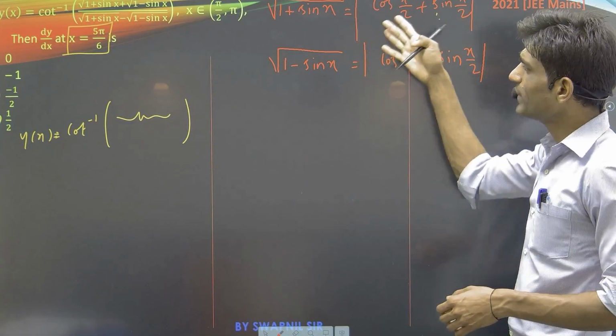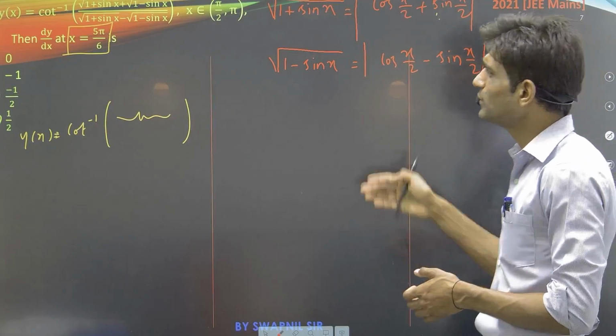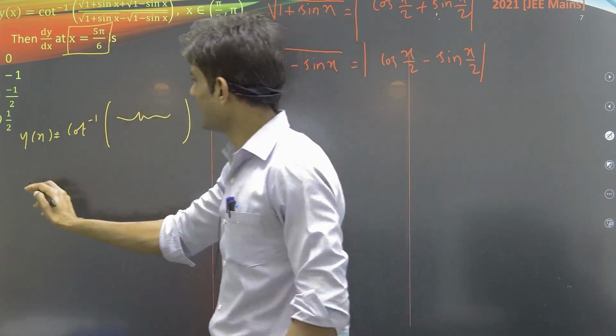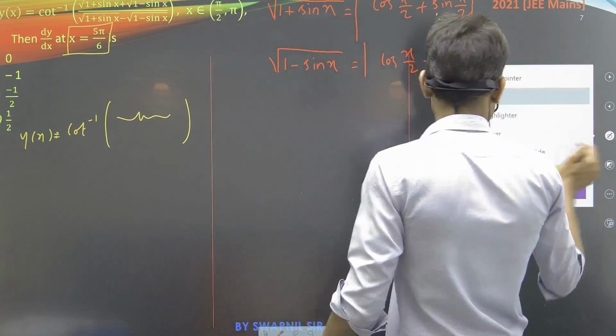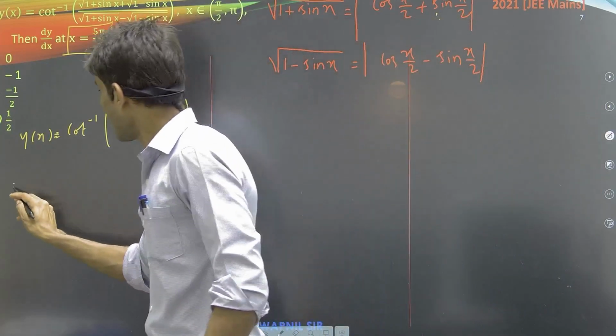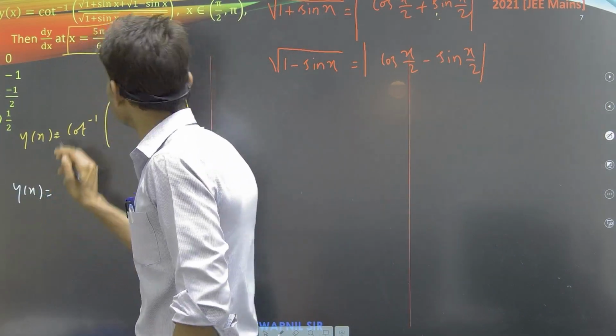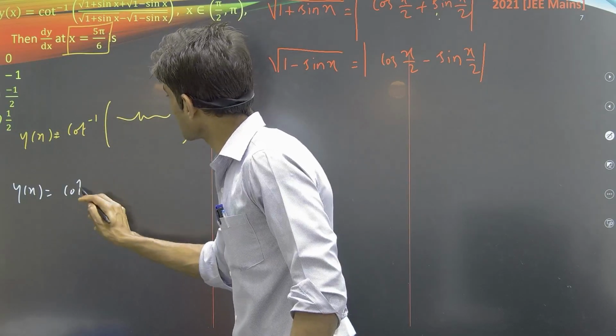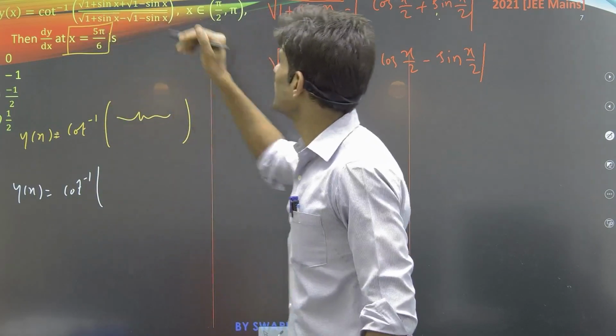Yes, we have all these values. Let's go for the substitution of the values here. Okay, y of x, then y of x we can write here. Let's go for the next step. So y of x can be written as cot inverse of square root of 1 plus sin x